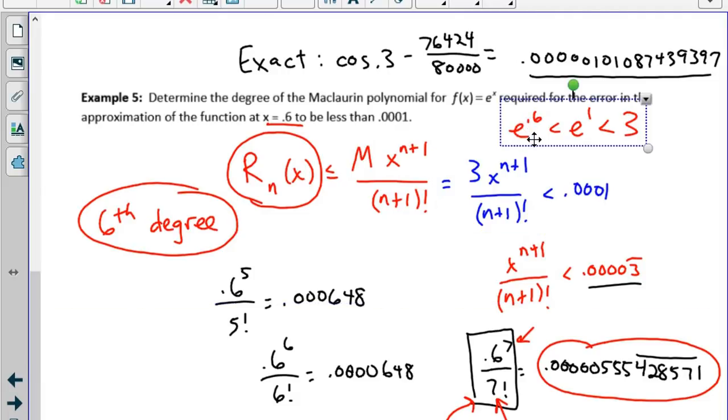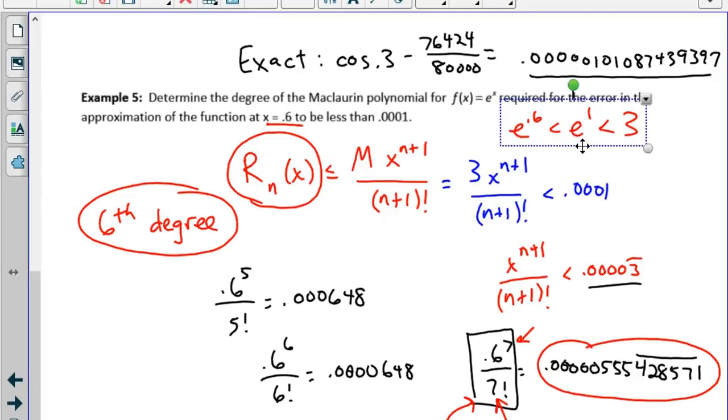Now notice that e to the 0.6, when I sub it in, I'll get some value, but it's not that easy to get without a calculator. I probably could determine it, but it's pretty safe to say that